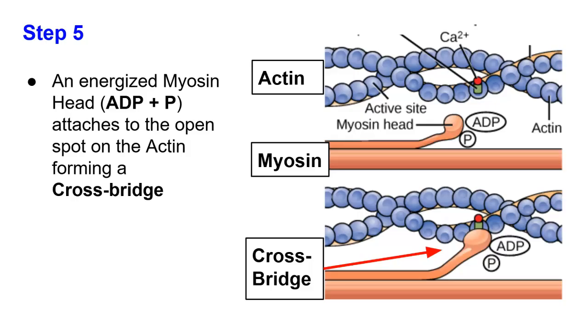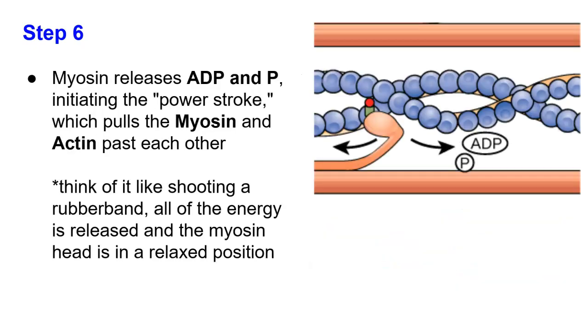Okay, and so then that myosin head that's energized, it's going to go ahead and form this thing called a cross bridge. So you can see here, we've got this high energy myosin head that attaches to the actin at that opened up spot and forms a cross bridge. Now, as soon as it does that, the power stroke happens. So that's when we're sliding that actin past the myosin, the head just moves, and it flips forward with all that energy. When it does it, it releases the ADP and phosphate,